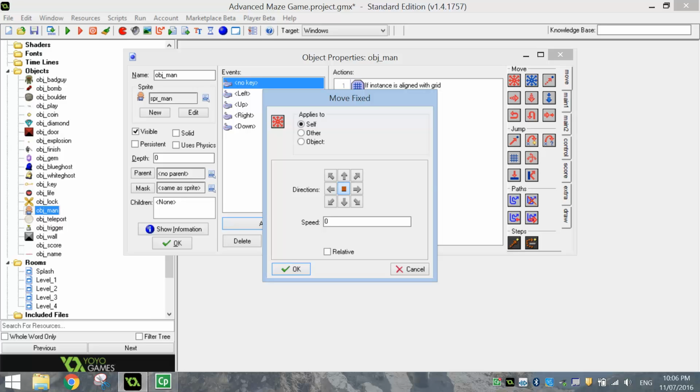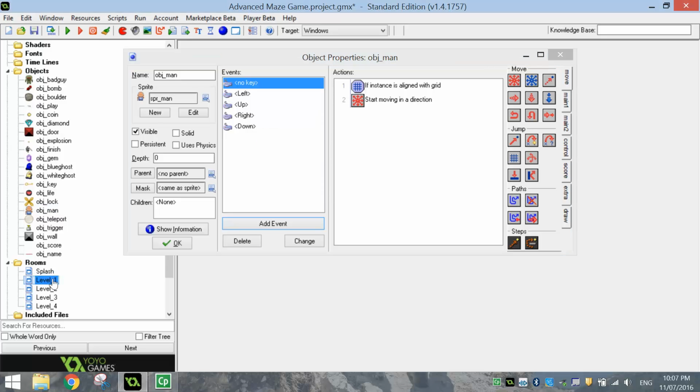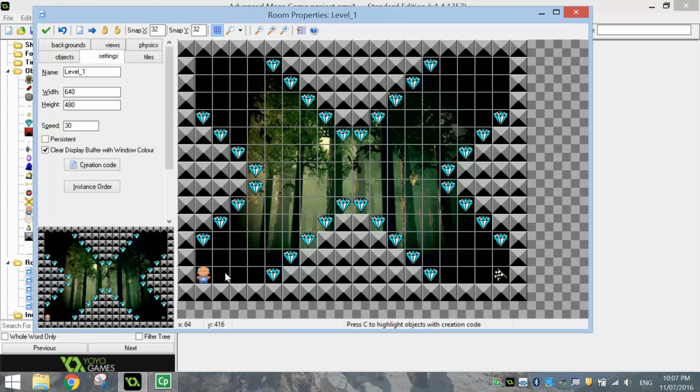Leave the speed set to 0 so he doesn't go anywhere, and click OK. So that should have our arrow keys working fine. The other thing we want to get going in this one is when the man has a collision with the wall. So this grey wall, when he collides with it, we want him to stop moving so he doesn't run